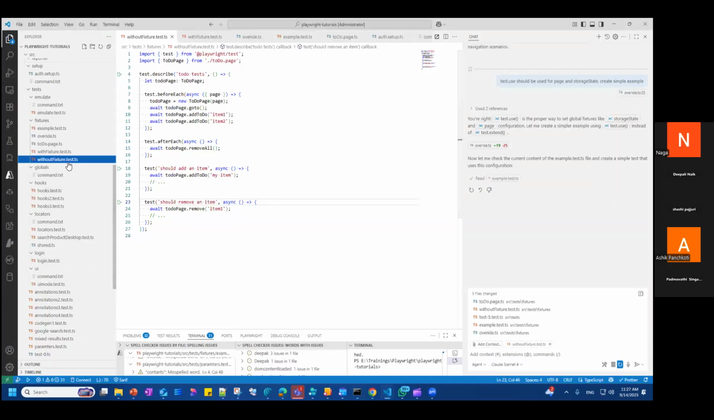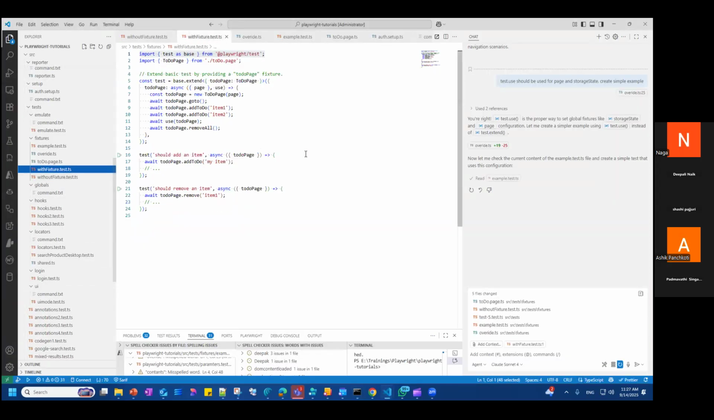Now how can we use a fixture? So for a fixture, the first requirement is you have to extend that particular test class. So you're creating a new test object. The original test we are calling the base class. And that base class we are extending and creating a new fixture over here. In the curly brackets, we are providing fixtures, right? Page, browser, context. The same way, now we can pass a to-do page also in the curly brackets. And then I'm creating the typical to-do page and